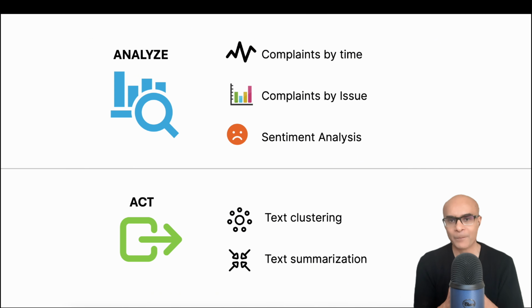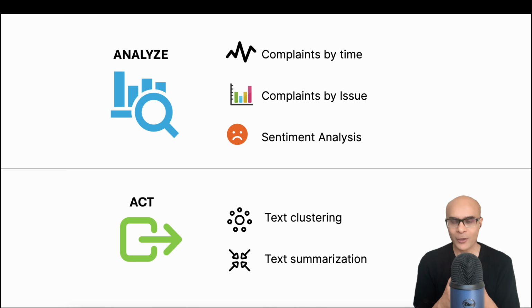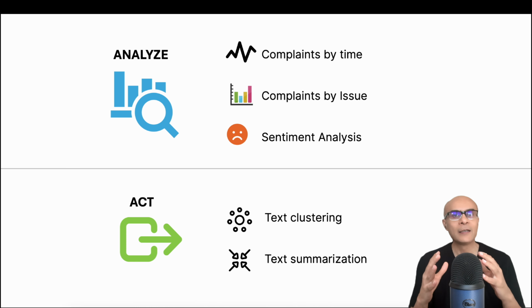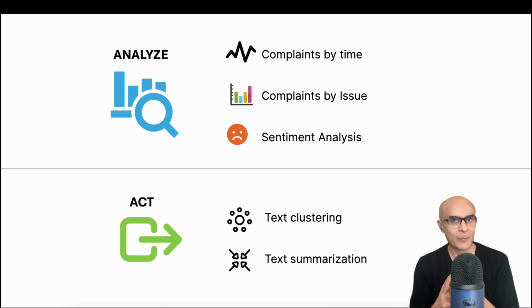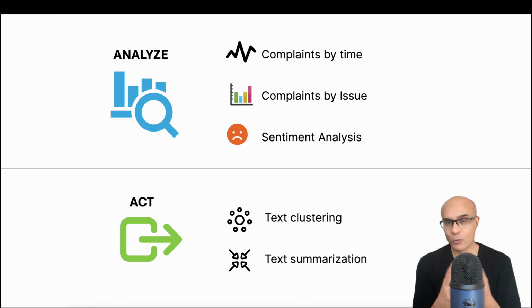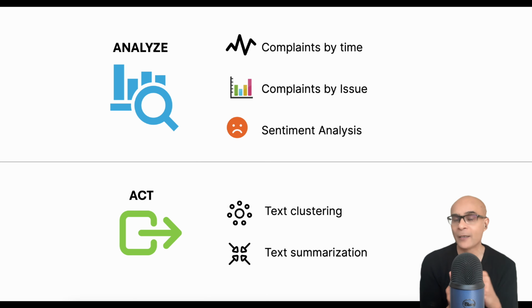the complaint is. Now, there are analytics which will help us act efficiently on the complaints, and one such analytic is text clustering. It will help us cluster similar looking complaints together so that they can be managed efficiently. And then you also have very interesting text summarization, which will help us summarize very long text into just short sentences. This is very useful in order to understand clearly what the complaint is about and thus act upon